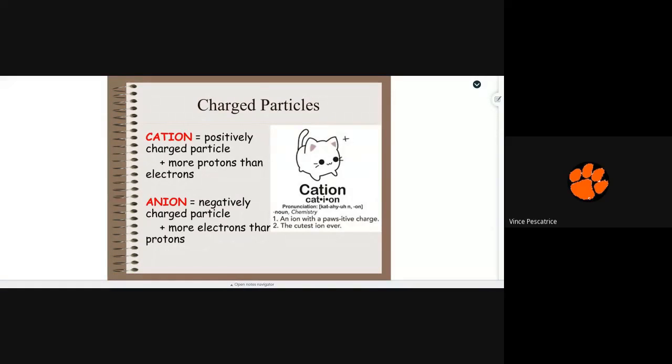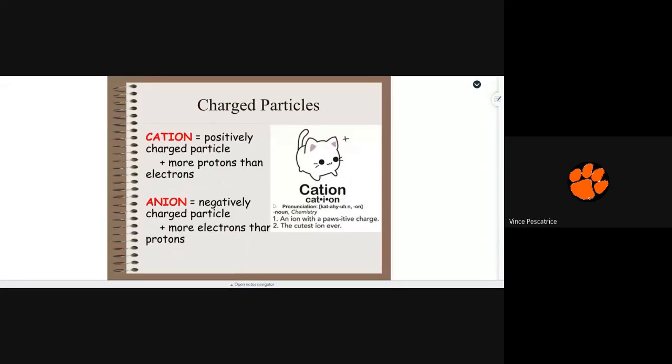An anion is an atom that took on electrons, like absorbed electrons, which will then make it more negative. A good way to remember that is that